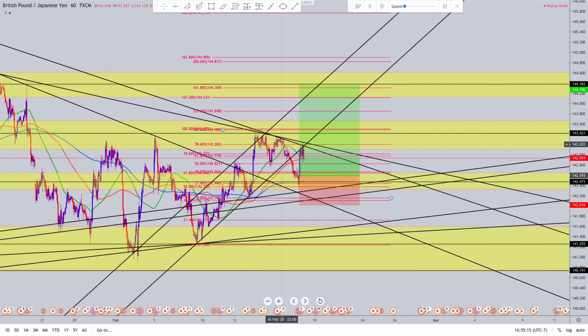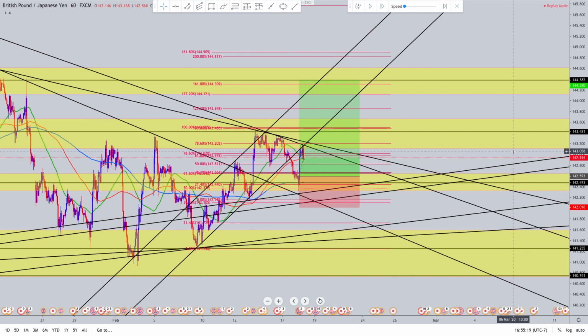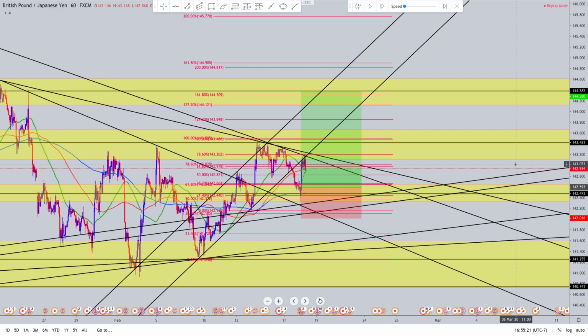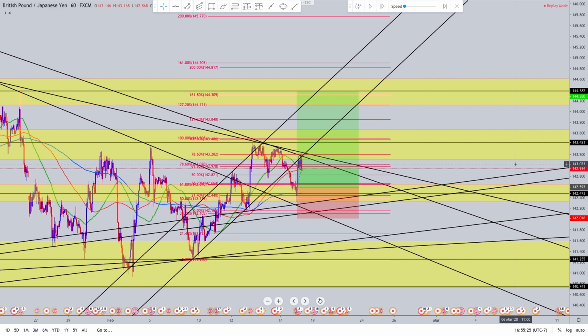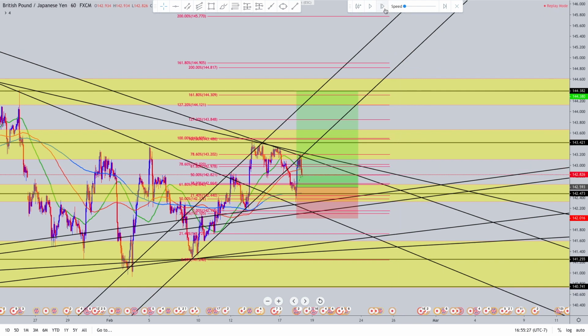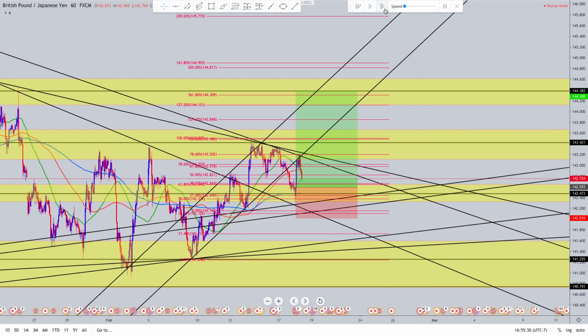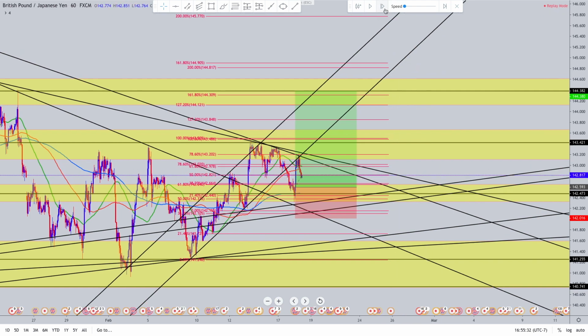I probably won't do anything just because we're only 30 pips in profit. There's really no reason to take partials if we're only 30 pips in profit. So yeah, nothing to do really here. Just watch and see if we get stopped out or not. Looks like there's a real potential that we're going to, but there's nothing you can really do but watch at